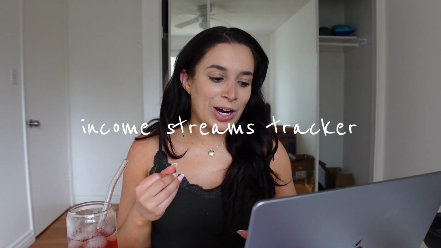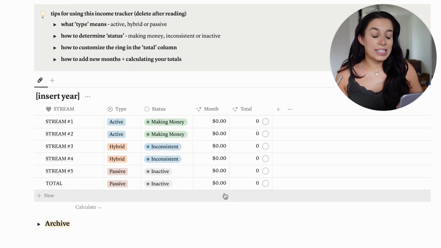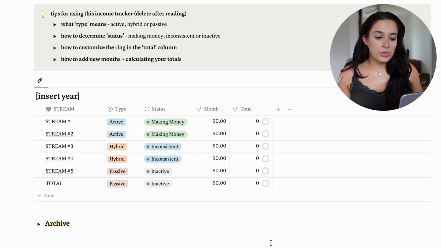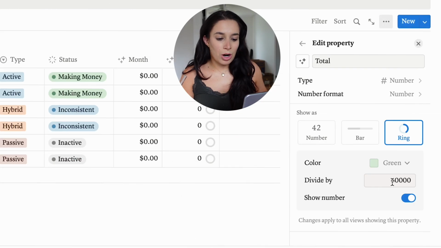The final page / template that I'm going to be giving to you guys is the income stream tracker. This is basically a way to track your income streams month after month. The biggest thing that will need to be customized for this is this little circle chart if you want to use it. Basically, to customize this, you have to click on the total chart, click on edit property, and then